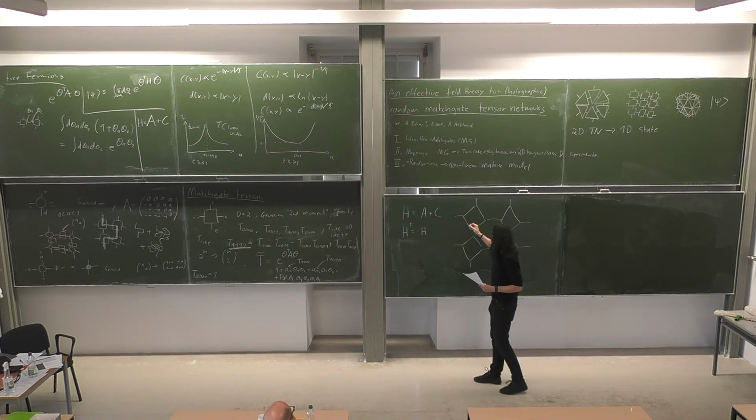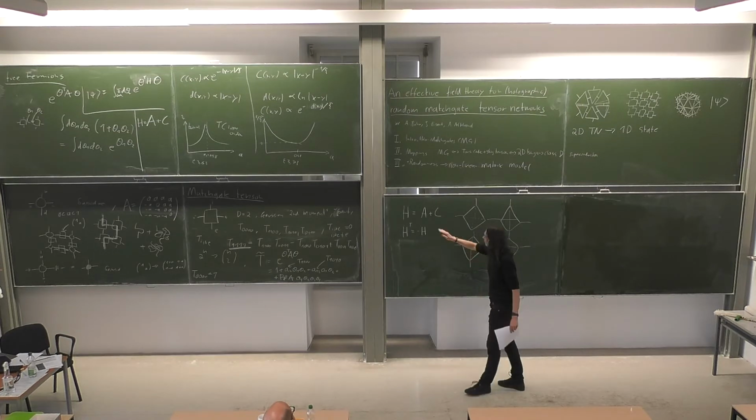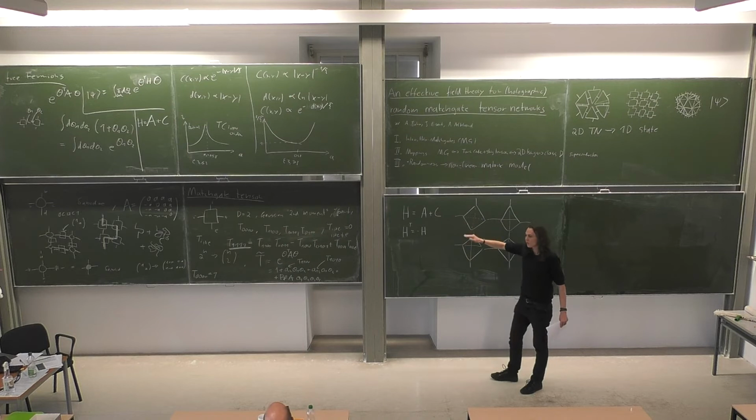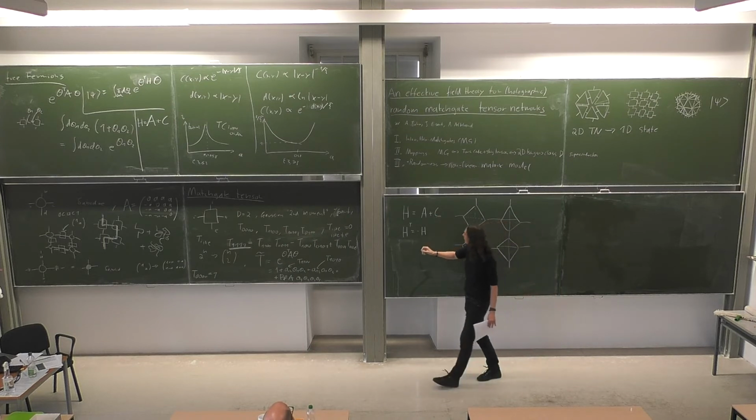Now I just want to make the connection to single particle physics more explicit. So we know how to arrive at this Hamiltonian from the tensor network by just collecting all the individual tensors and the adjacency matrix. And now I forget about the tensor network and everything, and I just treat this